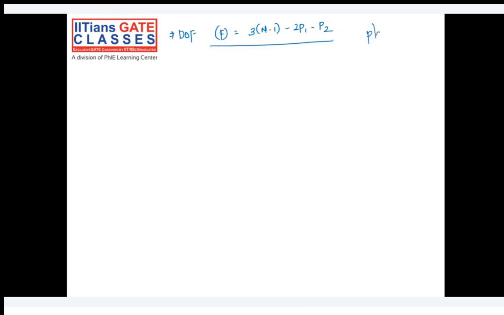So these three formulas are very important: 1, 2, and 3. Mainly, you can use formula number 1 to calculate degree of freedom. If you're finding it difficult and it is easy to check the number of loops, then you can go for formula number 2. Okay, and after that, what we have studied is the 4-bar chain. We have started the 4-bar chain,